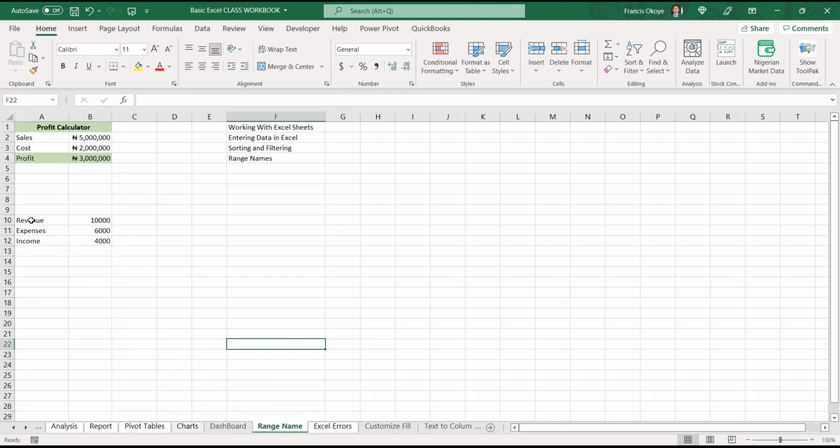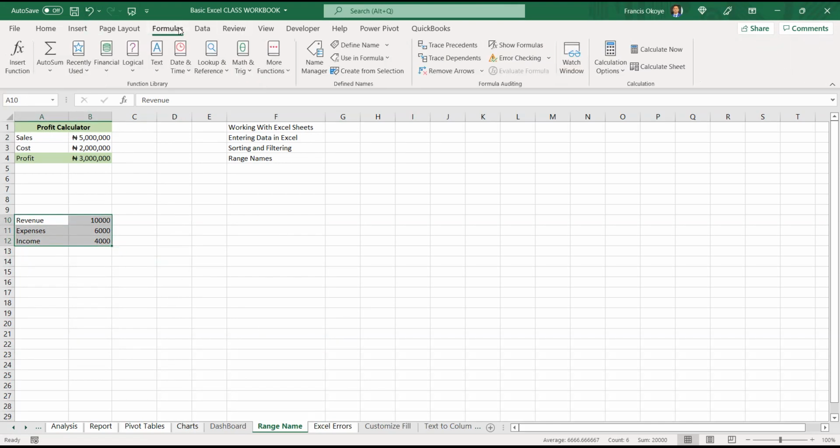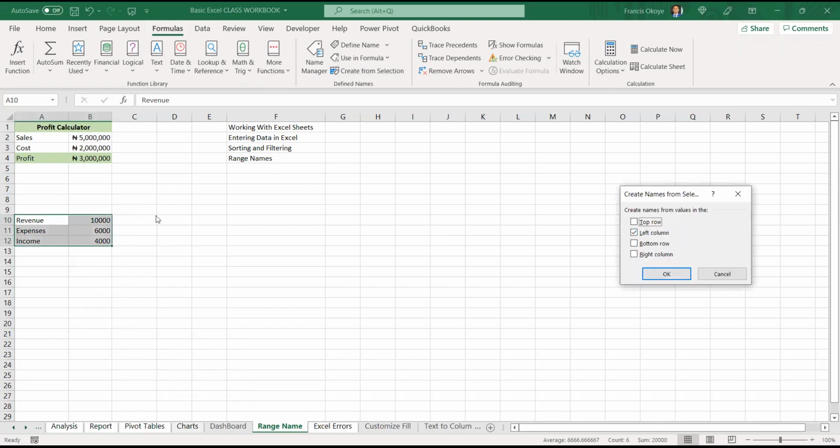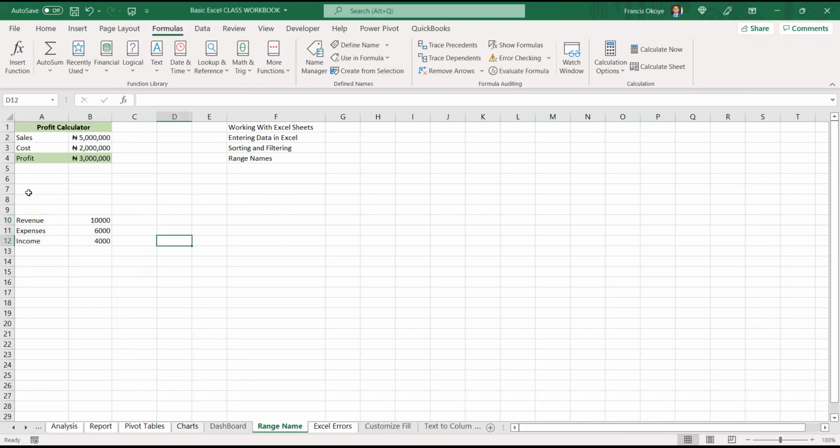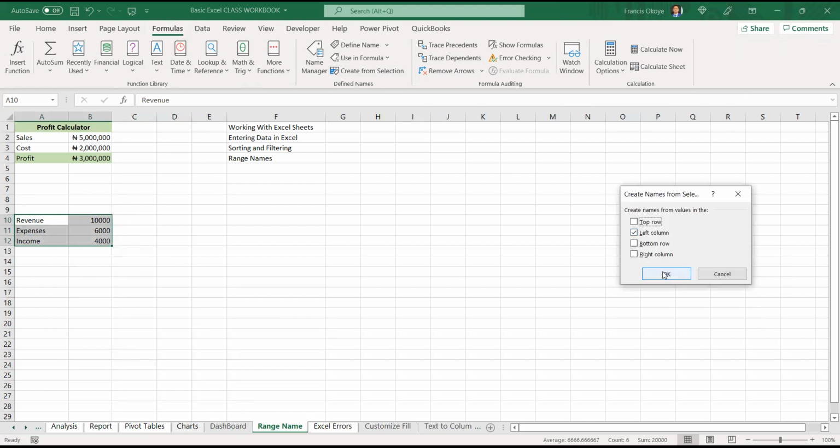So rather, you can just take this whole group and highlight it, then come to your formulas. Can you see your formulas? Then you see Name Manager. What you do is click Create from Selection, and your labels are on your left. If your labels are on top, you put top row. If they are on the bottom, put bottom row. If they are on the right, put right column. That way, again, is to highlight your data. Instead of clicking Create from Selection, press Ctrl Shift F3. And that's all you have to do.